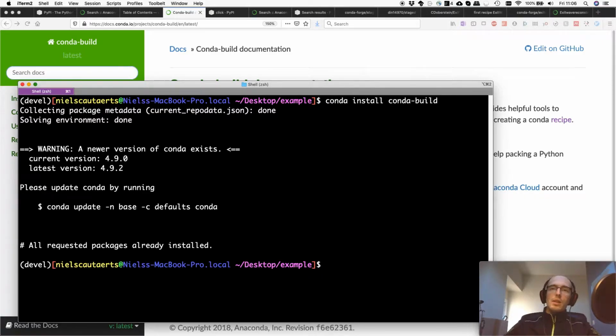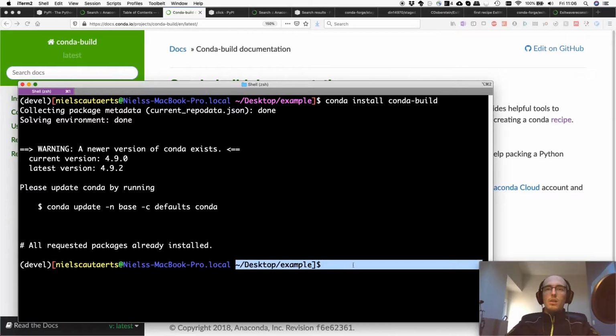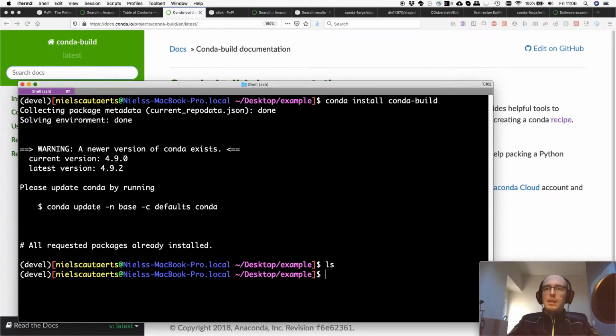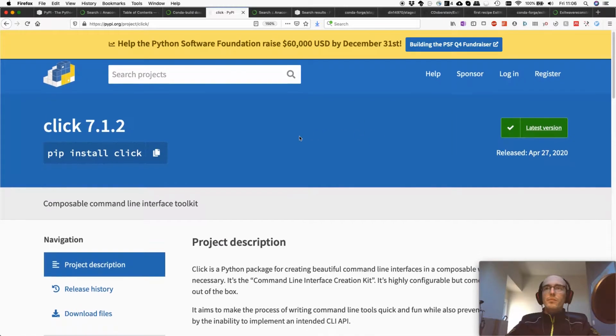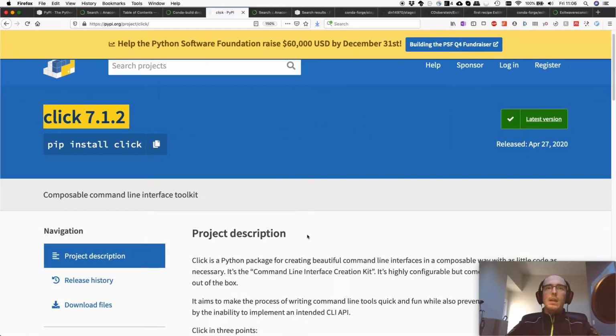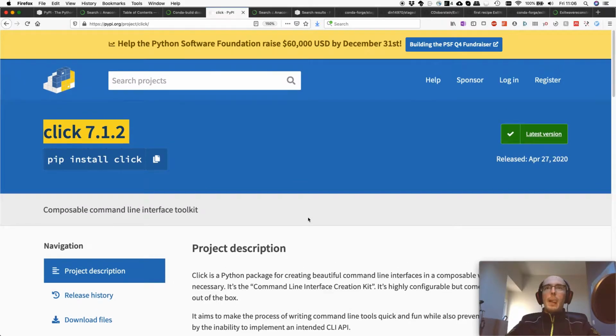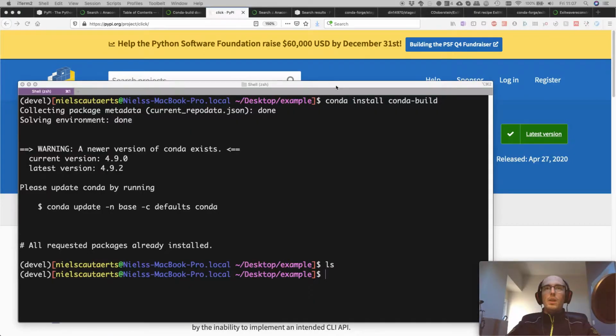So what we need to do first, here I'm in this example directory, and I think this should be empty. Yes. And we're going to try and build a package. The same package from the documentation is called click. It's already available on PyPI, which will save us a little bit of time, because there's a conda-build utility with which you can automatically create a template from a package that's available on PyPI. So you don't have to start from scratch, because that can be a little bit more work. So what we're going to do is,